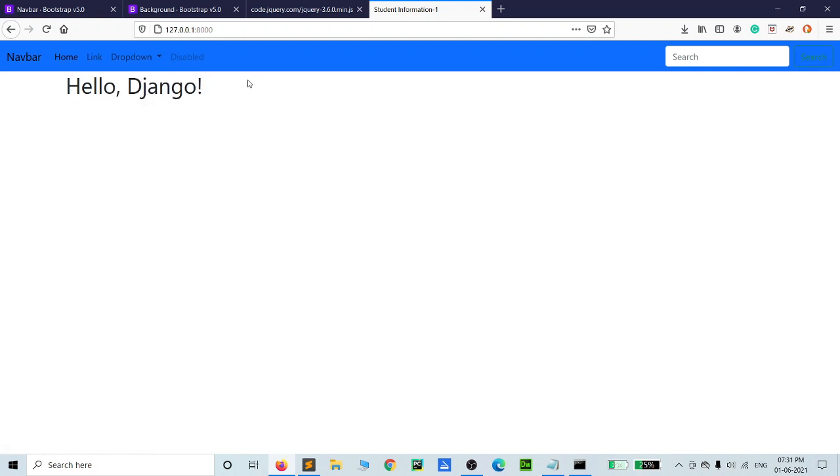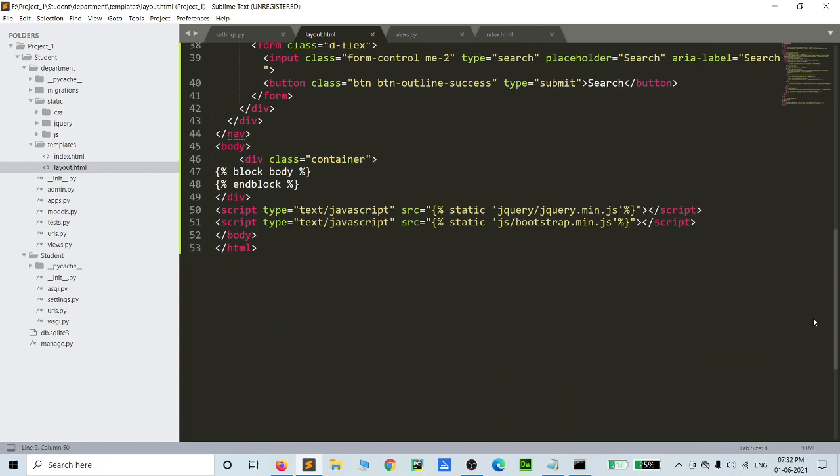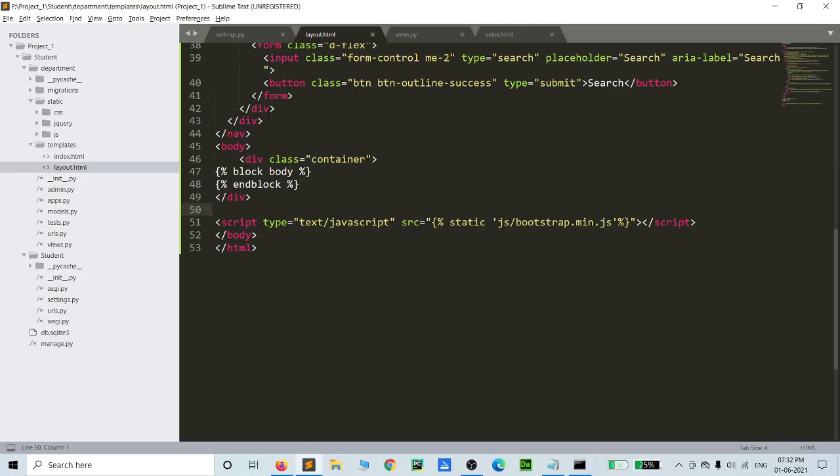One more important thing here: whenever we add the jQuery actions, see that at the bottom is jQuery. Without these commands like that, I can delete it, save the file, and run it one second. Sometimes your dropdown actions do not work without jQuery. So you must include your jQuery min.js file in your script mode.